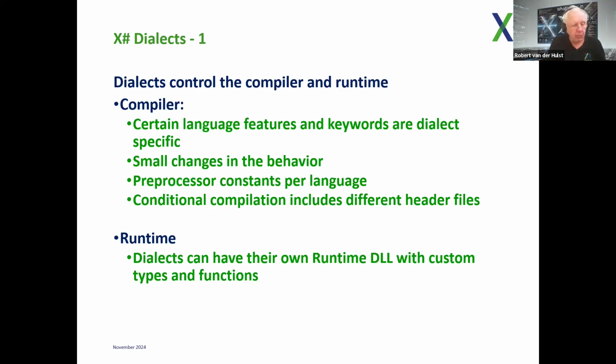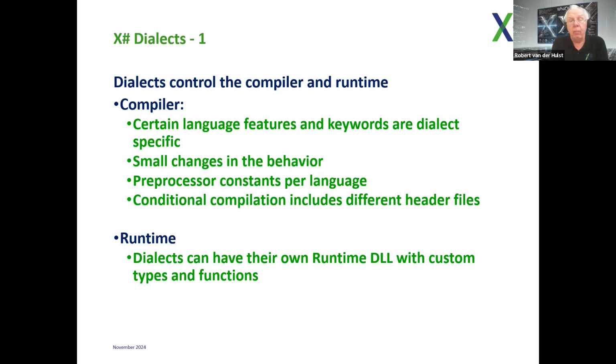When we started with X#, the dev team had a background of Visual Objects and Vulcan.NET. So our first implementation was a compiler for Visual Objects and Vulcan.NET. But already when we were part of the Grafx development team, we thought that to improve the future, or to enhance the chances for a good future for X#, or in those days Vulcan.NET, we also needed to support other Xbase languages. And what we have done in our project is we introduced the concept of a dialect, and dialects